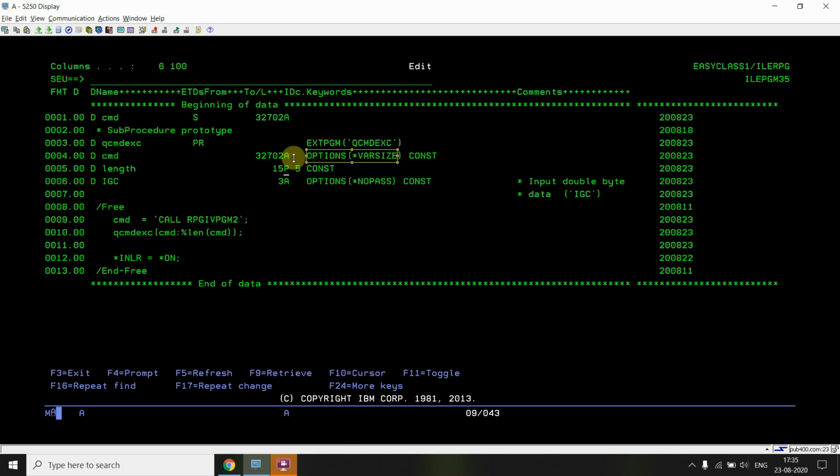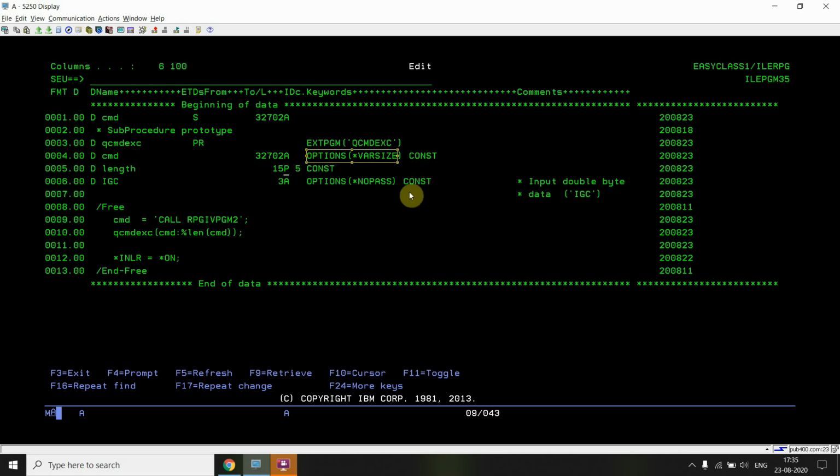Now here is the length, which is 15P5 packed, defined in the prototype. We need to pass the length of this command string. You can see that I have used the read-only by reference method, because I defined CONST here.